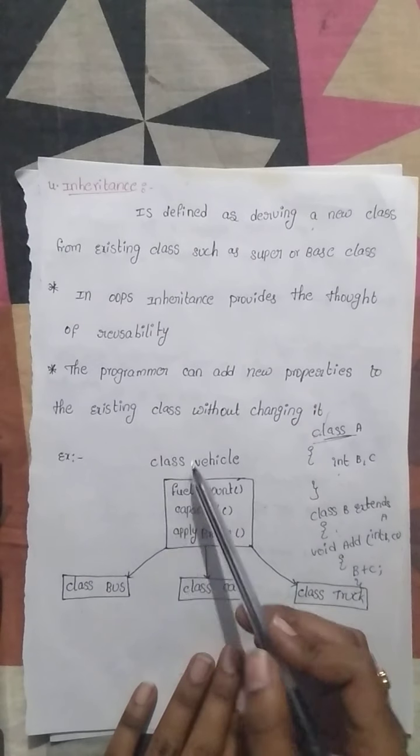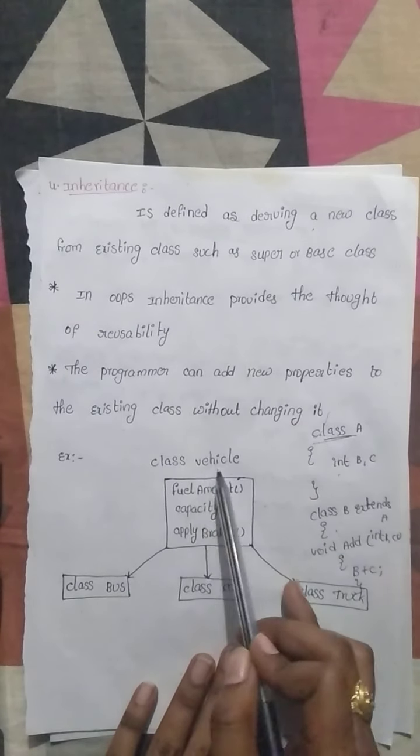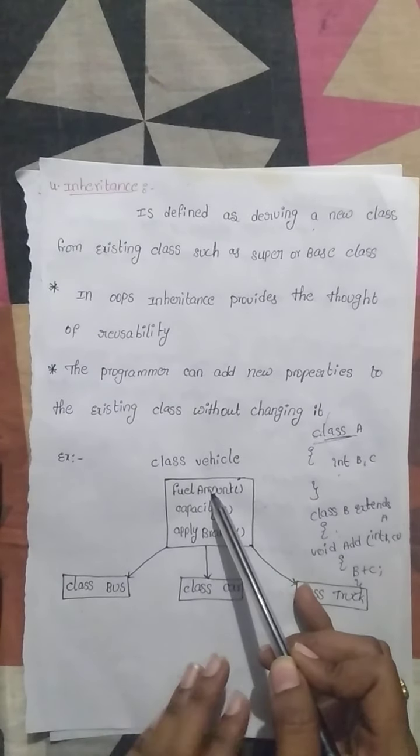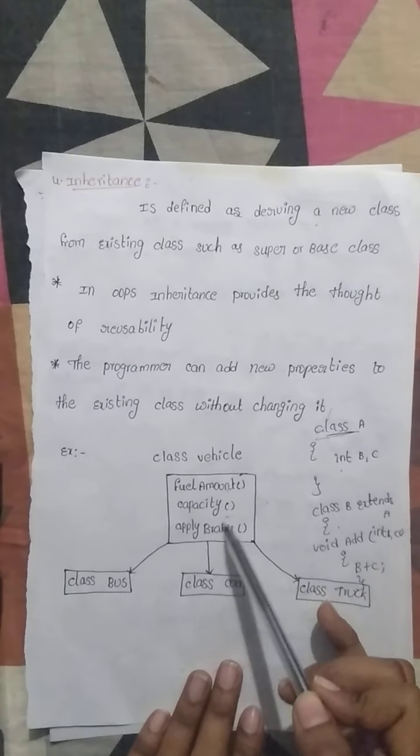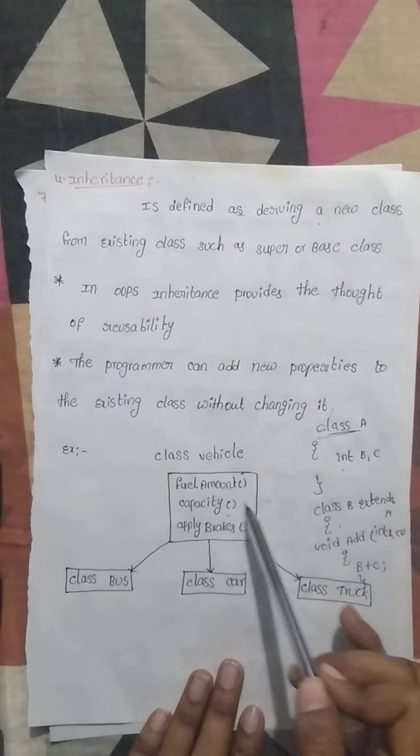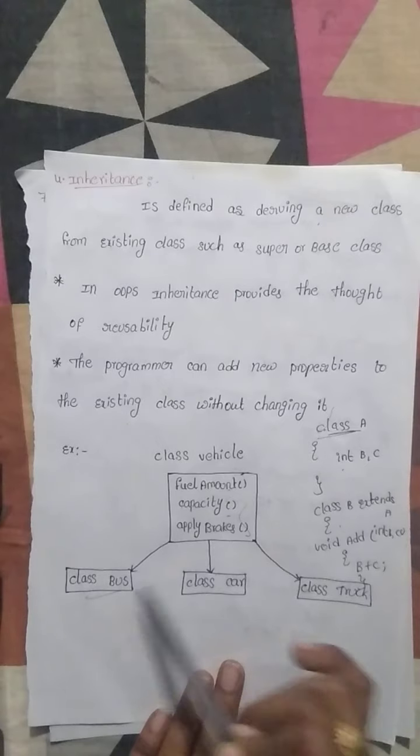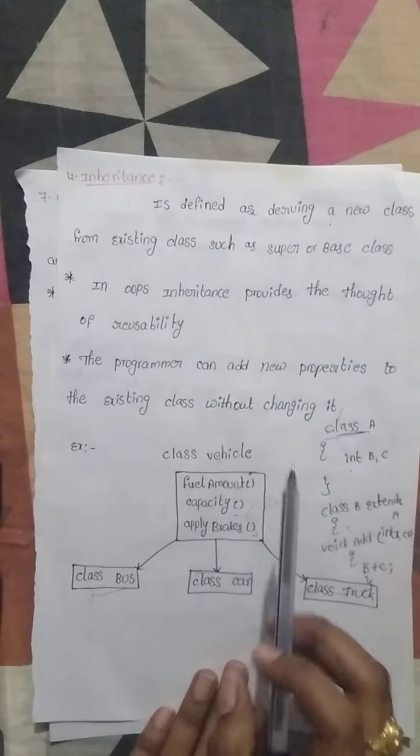Here we take one more example. The class is vehicle. The vehicle properties are fuel amount, capacity, apply brakes. These functions are all applicable to class bus, class car, class truck. Next,